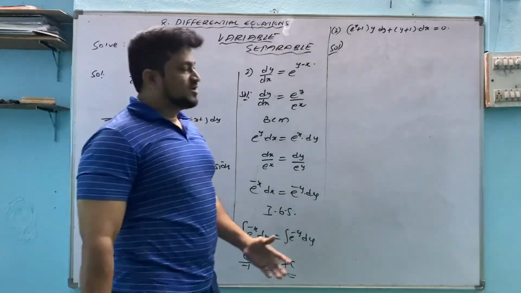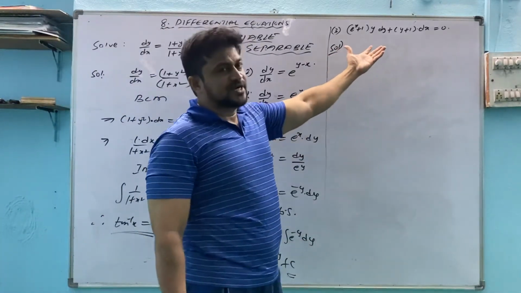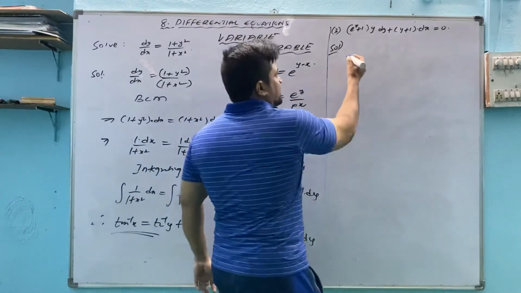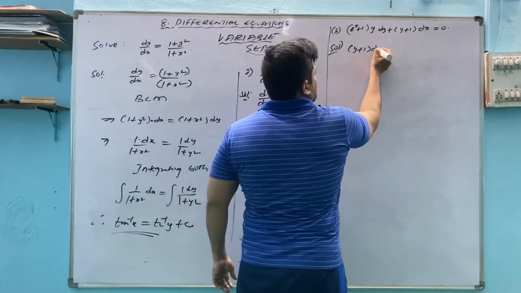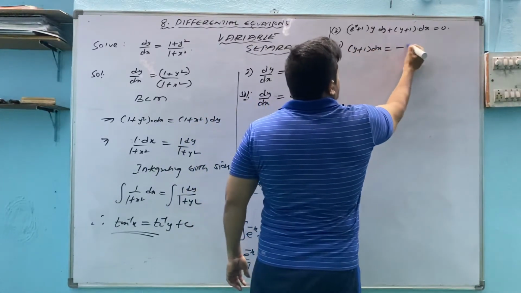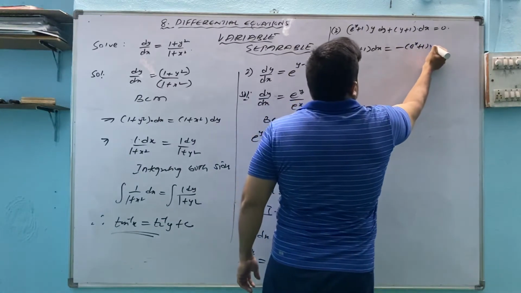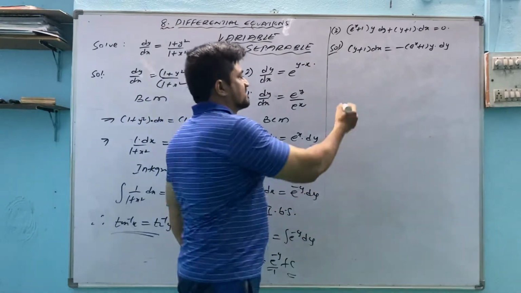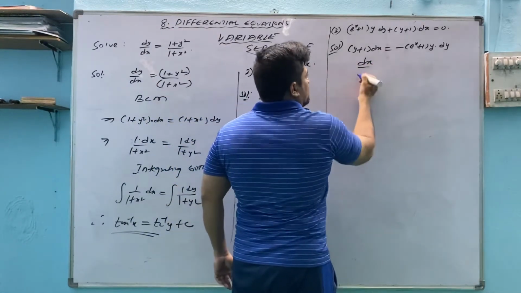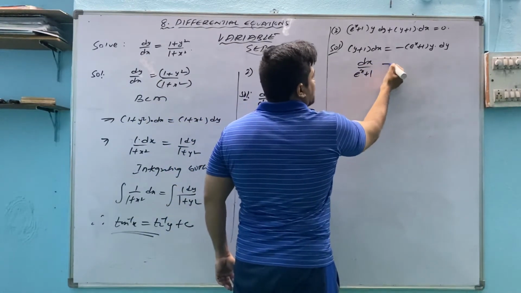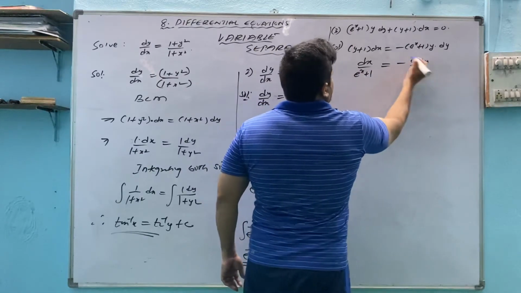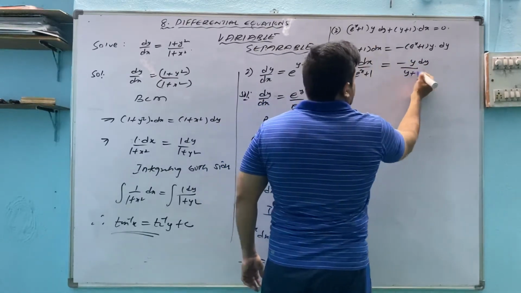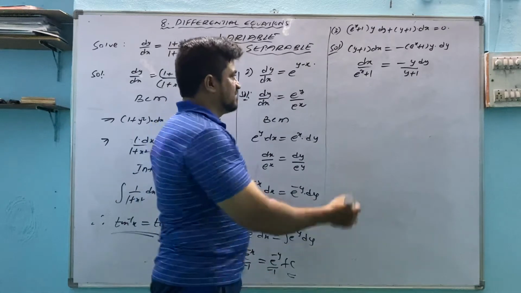So what do we have to do? Already the cross multiplied values are given, dx term on the left side, without dx term on the right side. Now x values with dx. Don't take the minus sign, leave that minus sign there itself. This y goes to that side. Now integrating both sides.